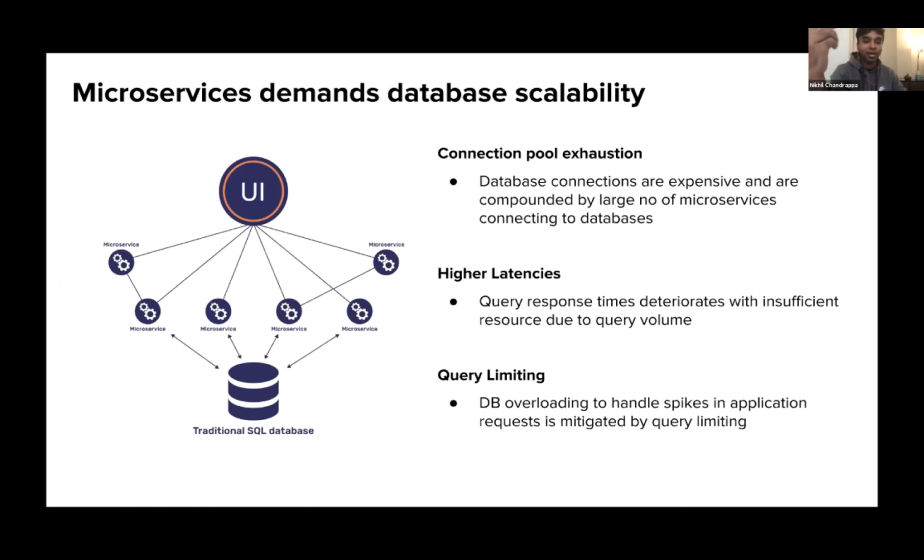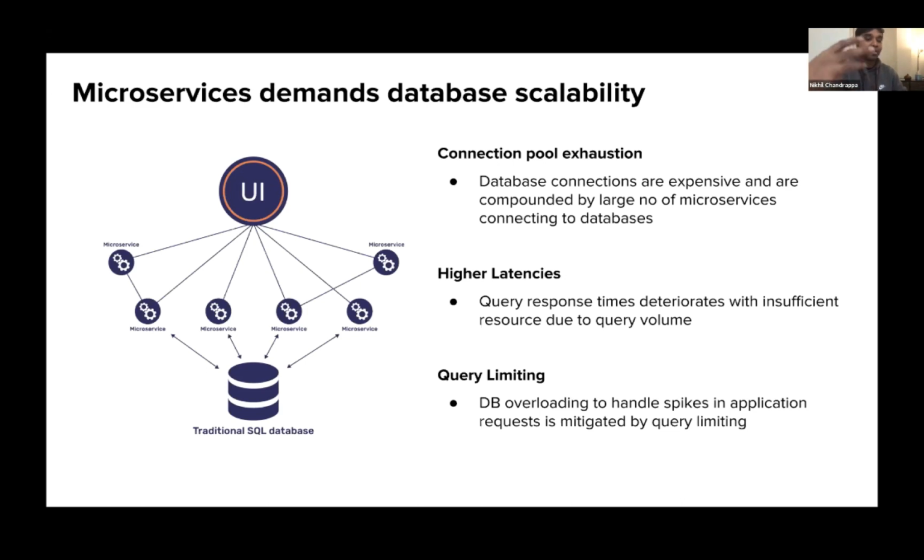And it's compounded by having a large number of applications connecting to the same database. As and when more resources are being used in the database, it deteriorates the performance. The query response time starts to go down, your CPU usage goes through the roof. You're hitting 90% of CPU utilization, but your latencies are going up. And in a situation like we are in currently, where all the e-commerce applications or large internet scale applications are taking traffic by 2x, 3x, 5x, there is going to be a lot of load on